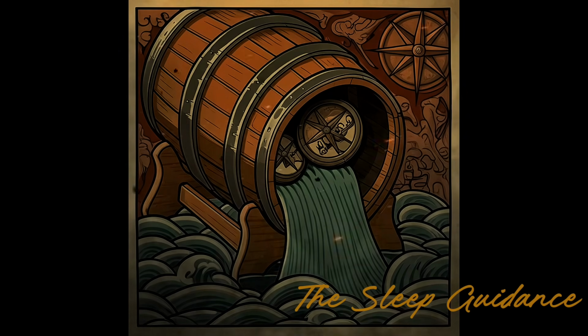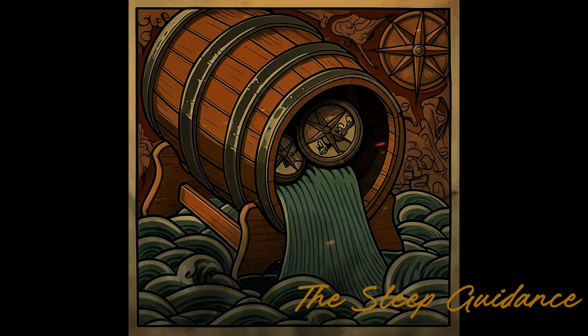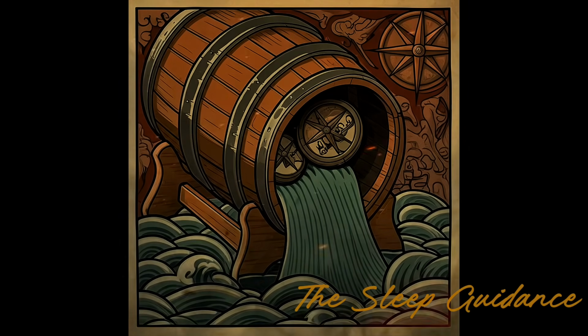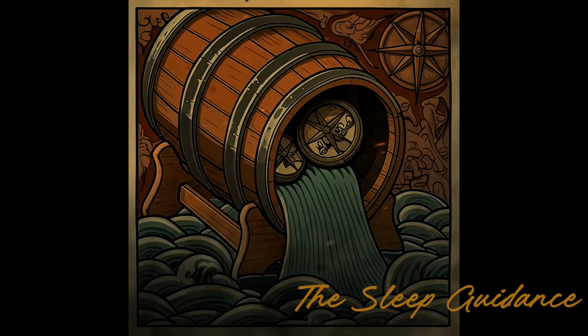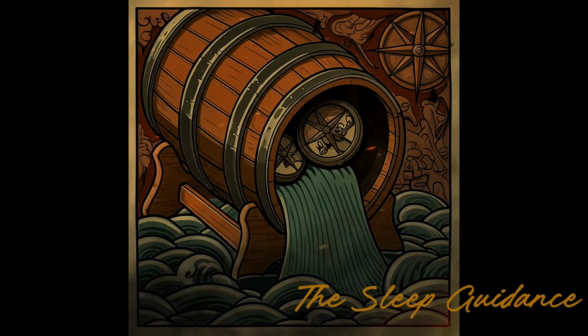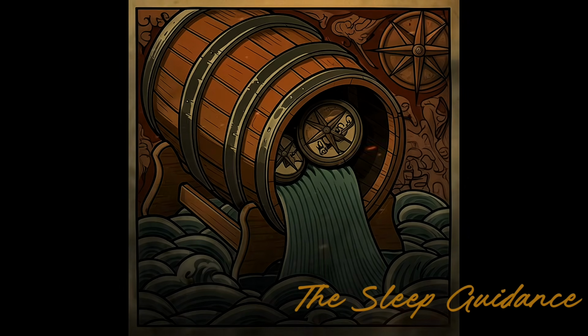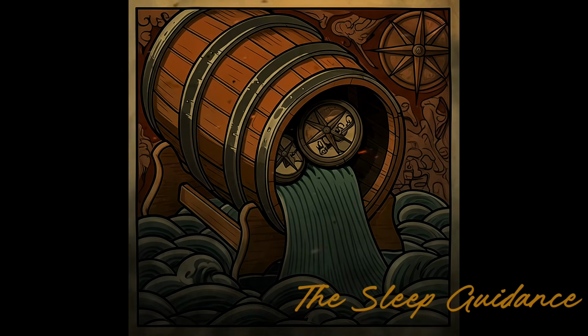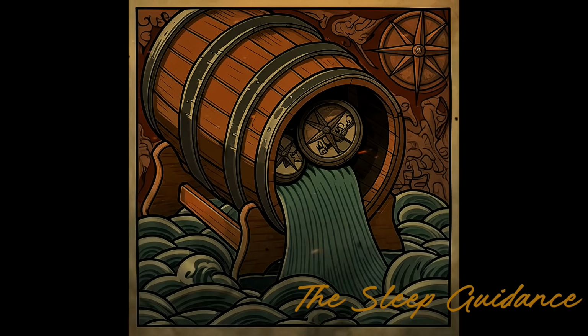From the 9th century onward, monks were busily brewing in cloisters from France to Bavaria, and not just because they enjoyed a pint after Vespers. Beer was part of their spiritual and economic mission. Unlike the chaotic, home-based brewing happening in towns, monastic beer was prized for its cleanliness, consistency, and, let's be honest, the fact that monks had plenty of time to tinker with recipes between chanting, copying manuscripts, and contemplating the mysteries